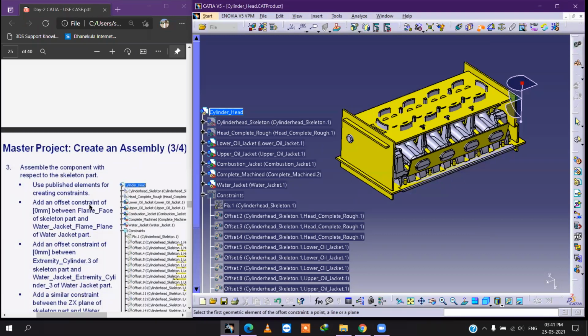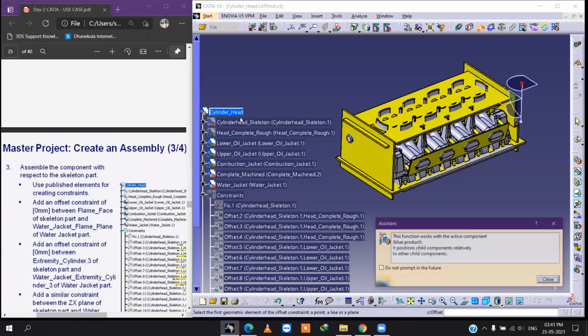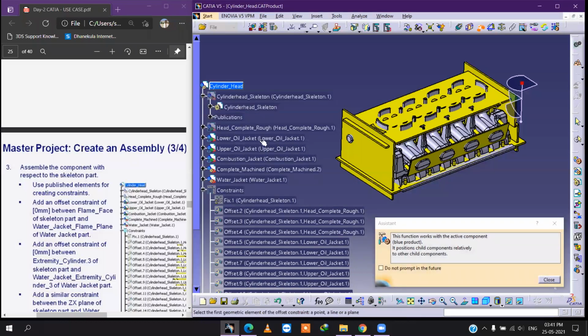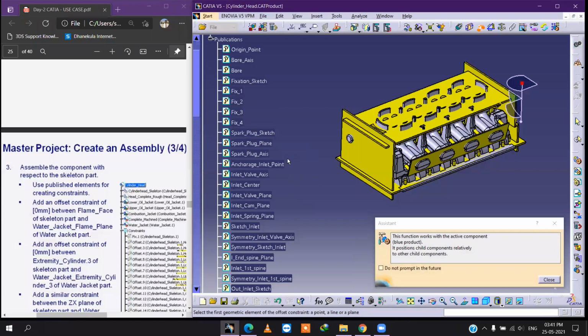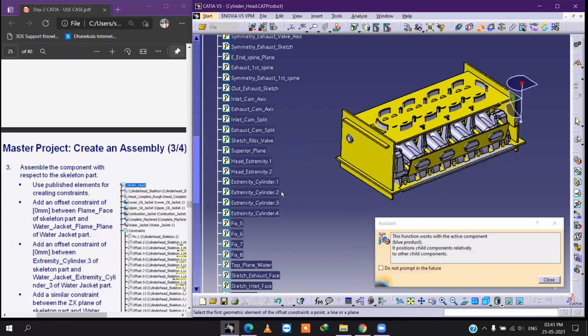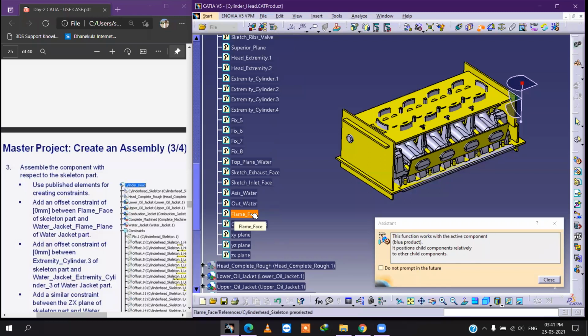First it is saying constraint between frame plane face of skeleton. Here it is skeleton. Go to publish. We have to use the publish elements, and here it is saying frame face.